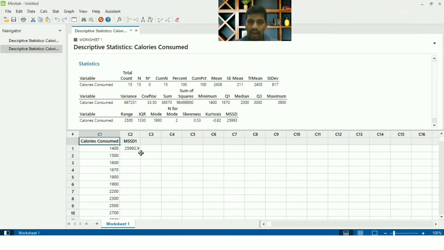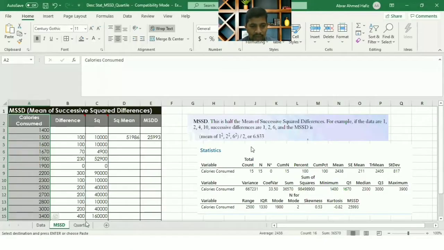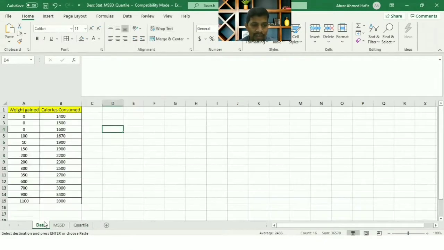Let's talk about quartile. Very, very interesting subject, right? So the same data, but let's say this data is not in order. For example, let me swap the data.